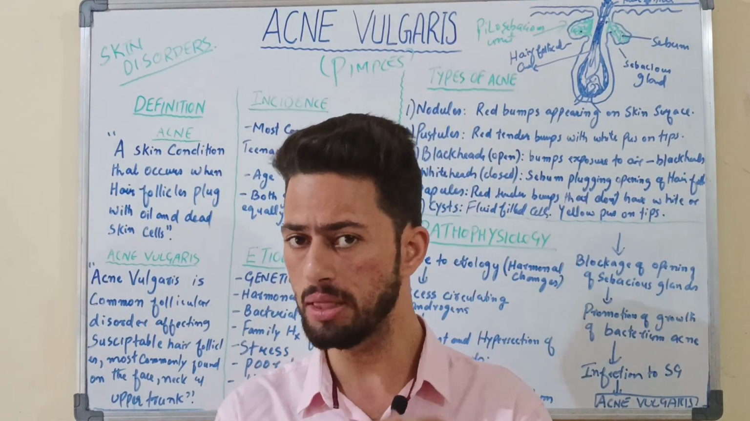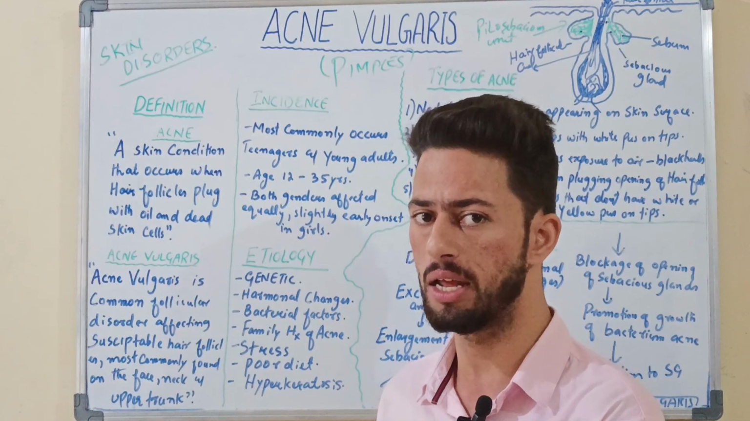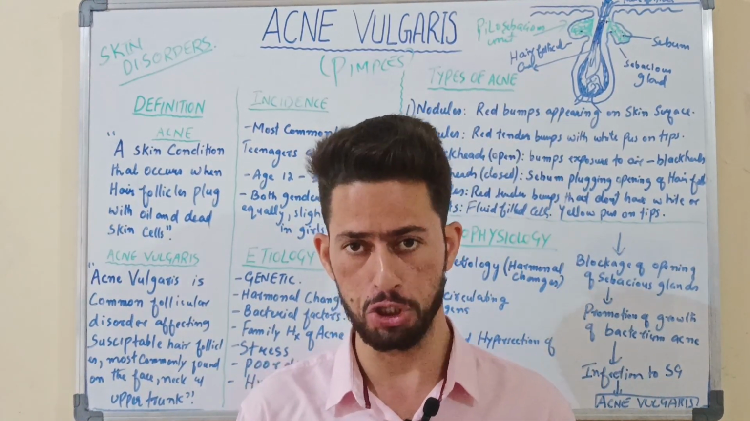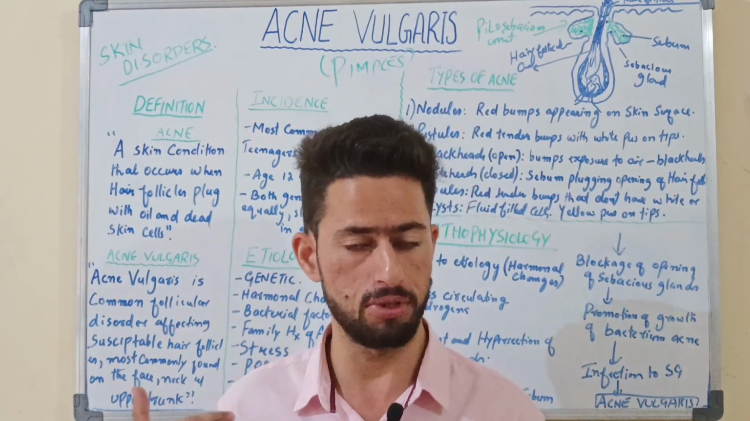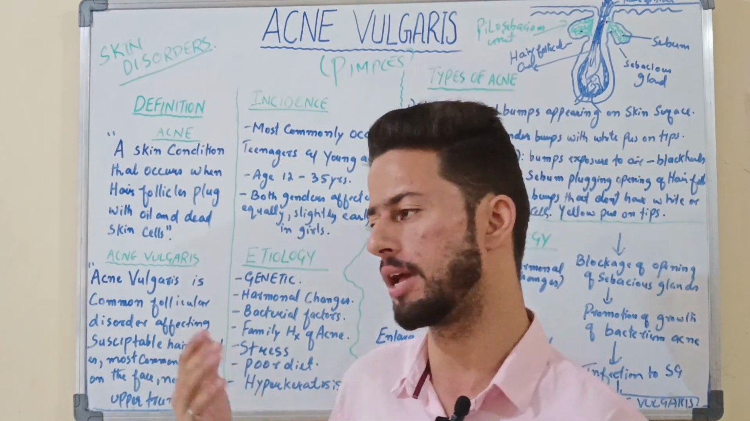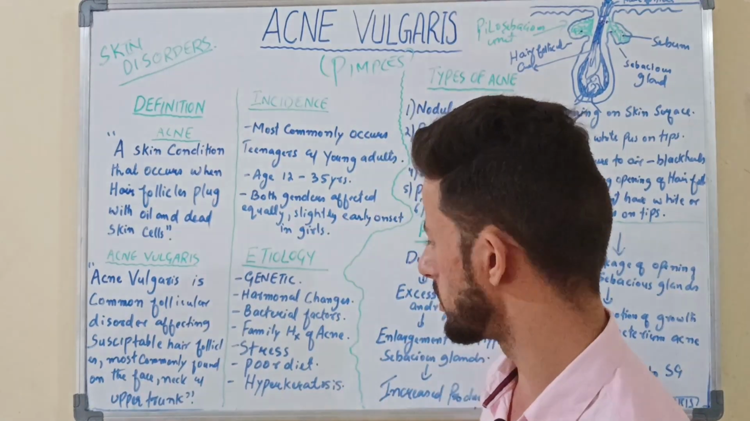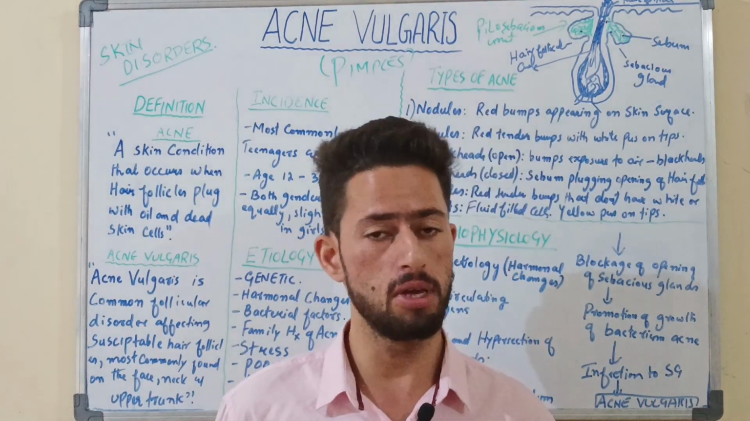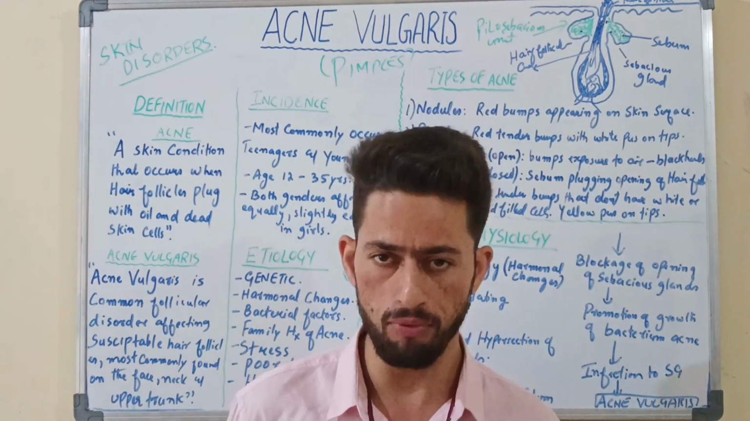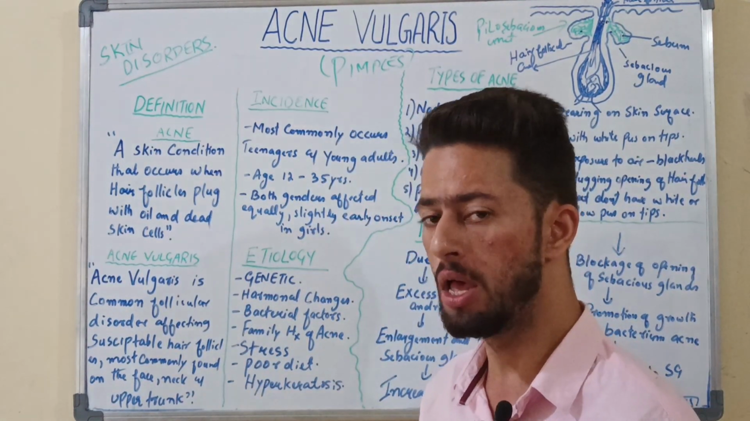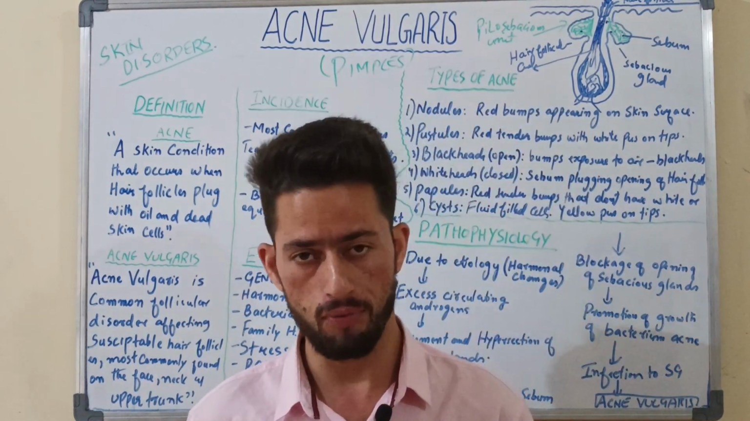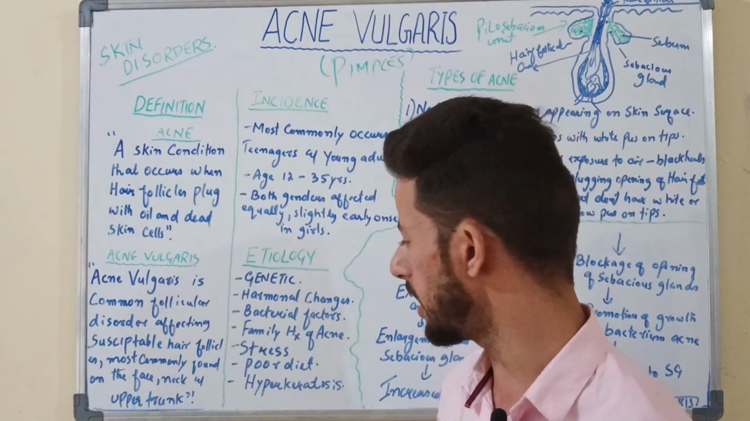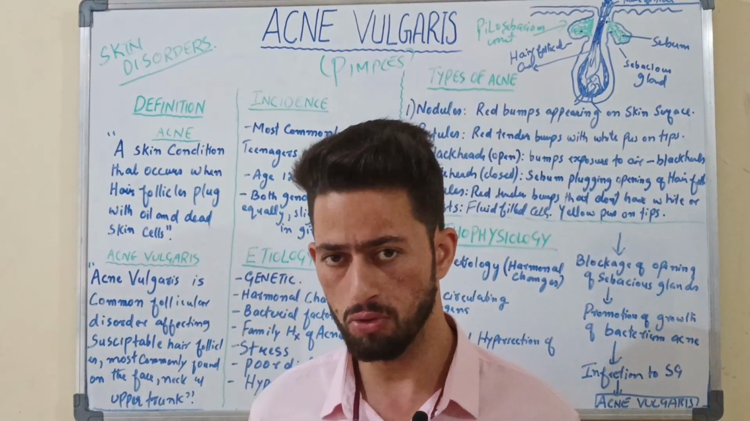when androgen hormones are produced in excess, they stimulate the sebaceous gland to cause hypersecretion and hyperproliferation of sebum. That will lead to the formation of pimples. Next are bacterial factors. As I already told you, bacteria may also cause pimple formation. Then family history: if your family members have it, you may develop acne vulgaris. And stress may also cause